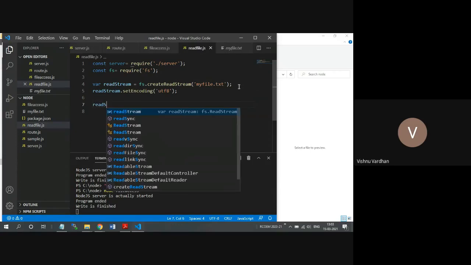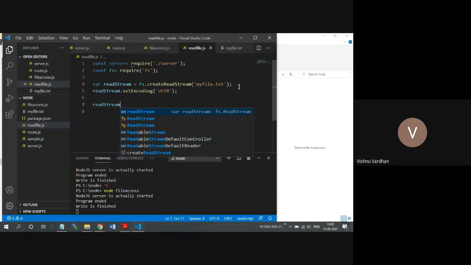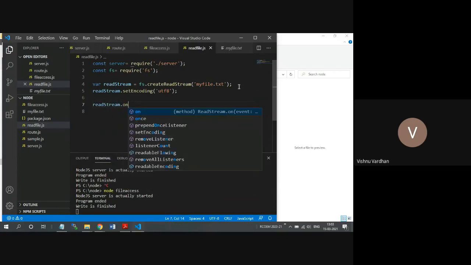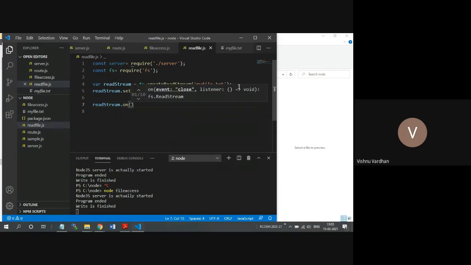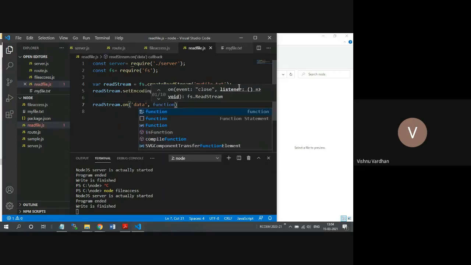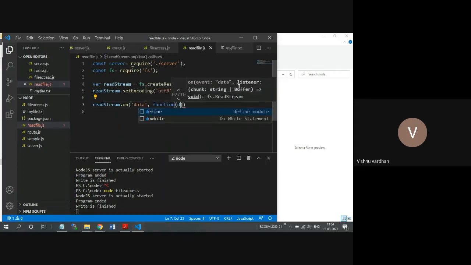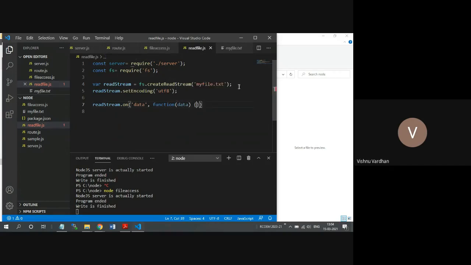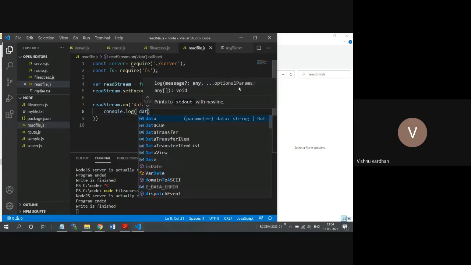Then what we will do is read stream dot on. Because all these operations are asynchronous operations, that's why we have to provide our callbacks. And when the data is available, you can keep this as data, then we are going to print this.